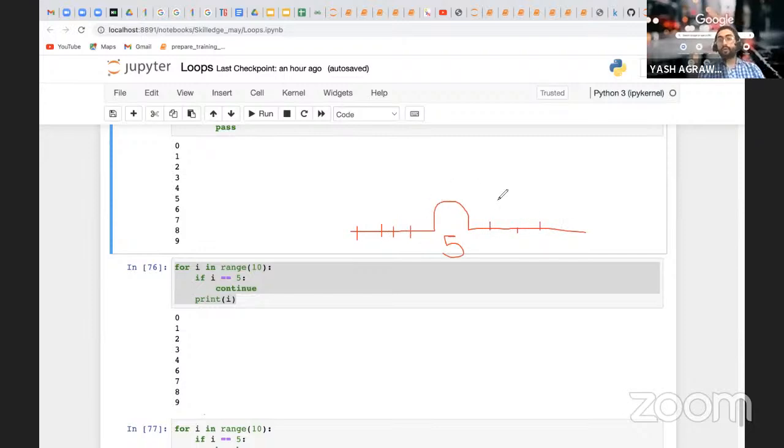This is how continue will work. With break, when someone sees break, there is no output, no result on this side. Pass is something like we don't know the value, so it will run continuously. So this is how you can look at the three statements.